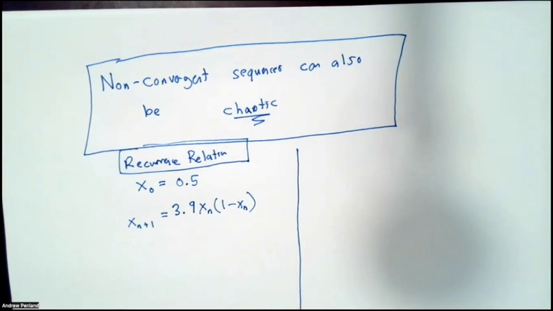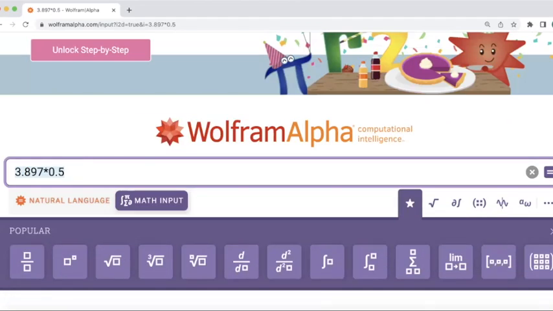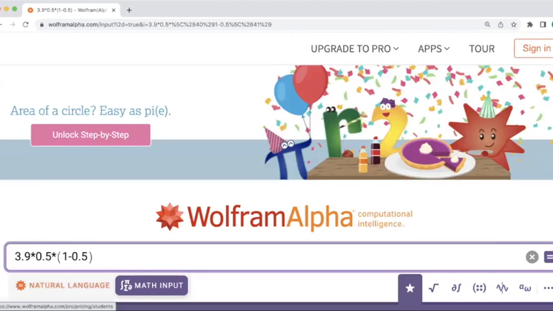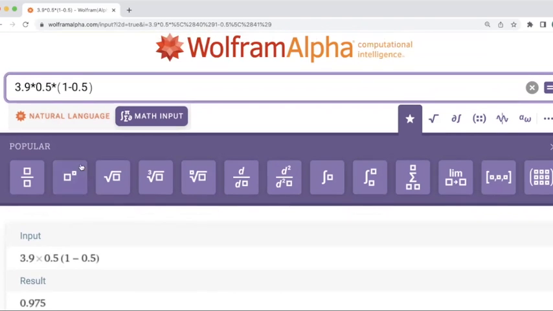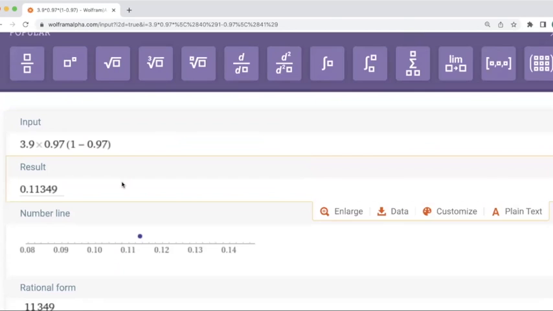I'm going to use Wolfram Alpha to generate some terms here. So if I get started and I say 3.9 times 0.5 times (1 minus 0.5), that is 0.97. And maybe I'm tempted to think that that's going to go somewhere. Let's plug in 0.97 to the formula. But that drops really dramatically to